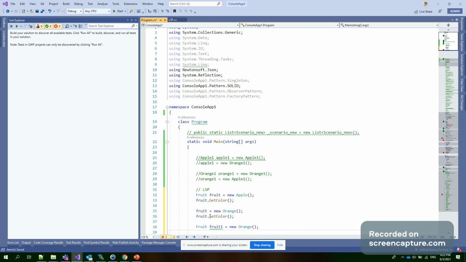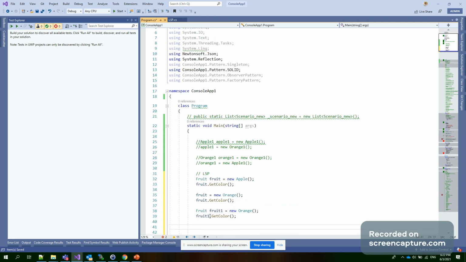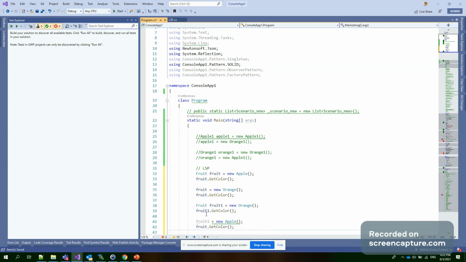There is no problem, and fruit1.GetColor works. Now fruit1 equal to new Apple. Till now there is no problem, and fruit.GetColor works as well. So you can see we can use the same object reference or instance and reassign it based on our requirement. This is the best example for LSP, the Liskov Substitution Principle.